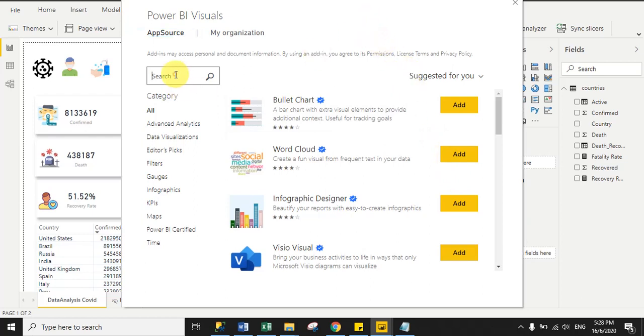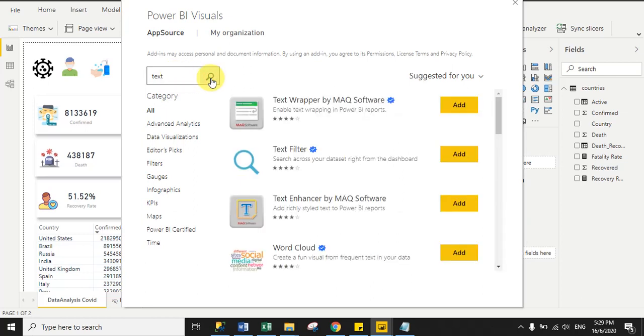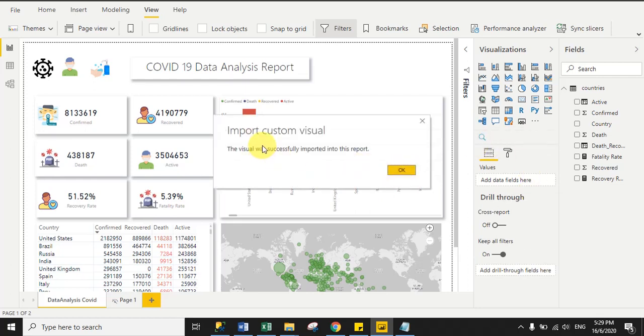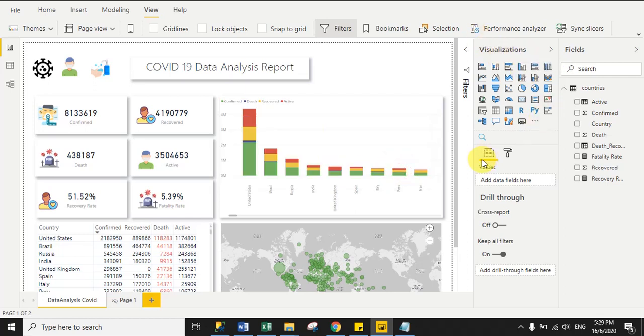So from here just type the text and click to search. So you can see here we have one text filter custom visuals. So using this filter you can search the values from your data set. Then click to add. So you can see here custom visuals has been successfully imported under visualization pane. So you can see here this is visualization pane and this is my custom visuals. So just double click to text filter